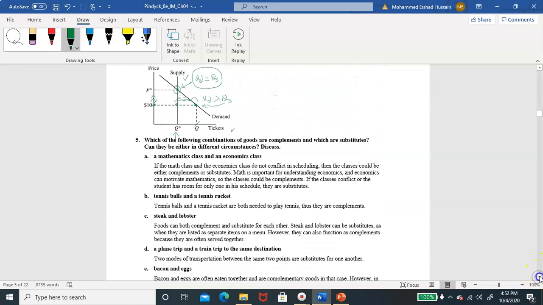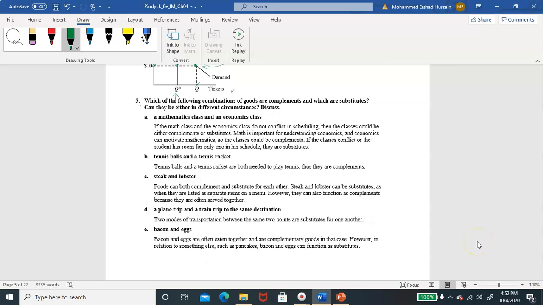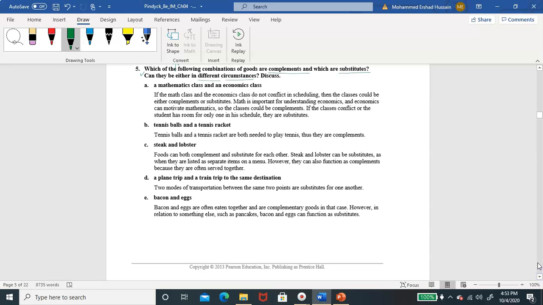Now what about this one? Problem number 5. Which of the following combinations of goods are complements and which are substitutes? Can they be either in different circumstances, right? So let us see. A mathematics class and an economics class, are these complements or substitutes? If the math class and economics class do not conflict in scheduling, then the classes should be either complements or substitutes. See,